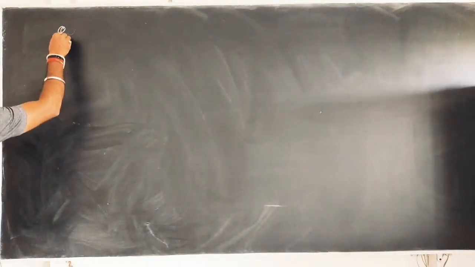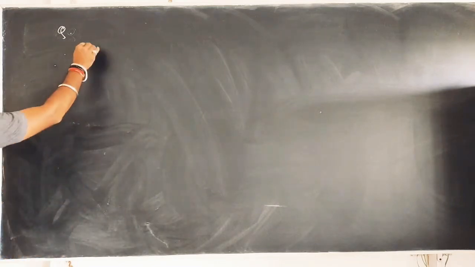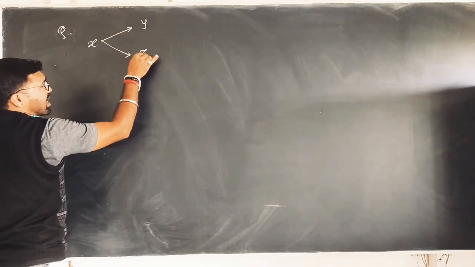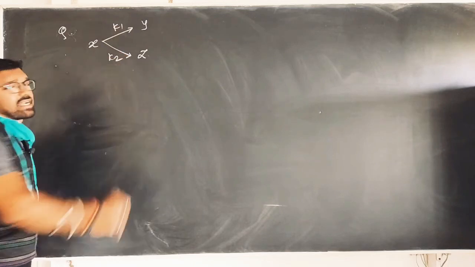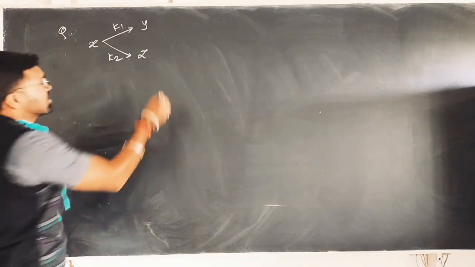Now question number second, or numerical number second. For a parallel reaction, X is decomposed to Y, and at the same time it is converted into Z, with the rate constants K1 and K2 respectively. The value of K1 is equal to 1 into 10 raised to minus 4 per second.